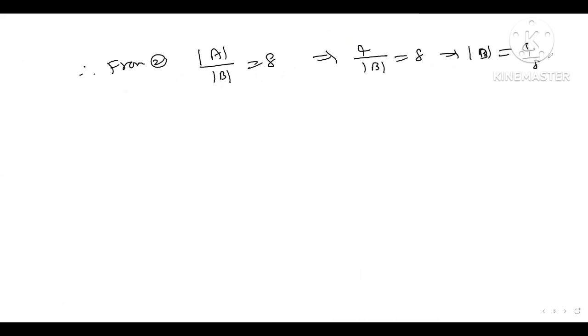From second equation, det of A by det of B is equal to 8. Here det A value, how much value? 4 by det B unknown value is equal to 8. So det B we get 4 by 8. 4 by 8 is nothing but 1 by 2. But what is required here? Required is,